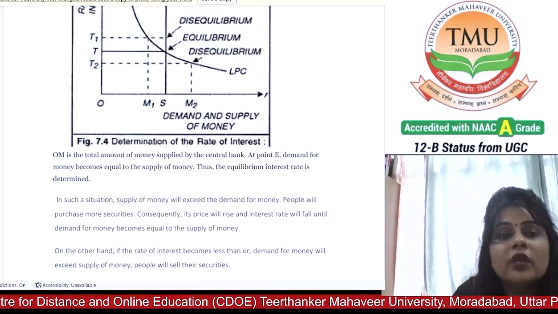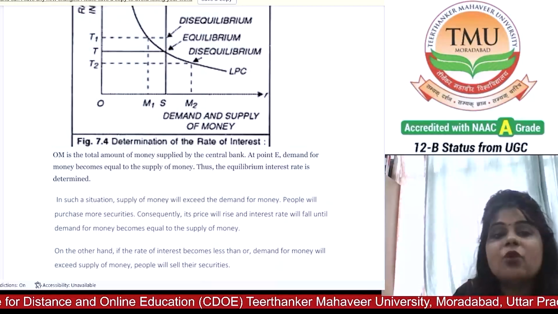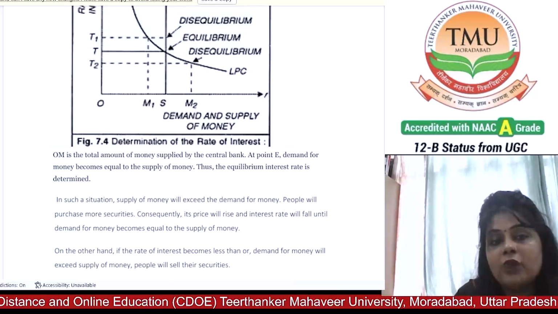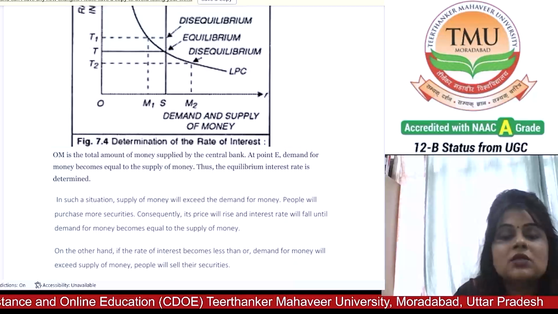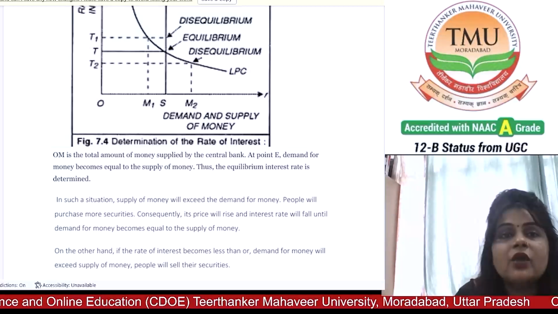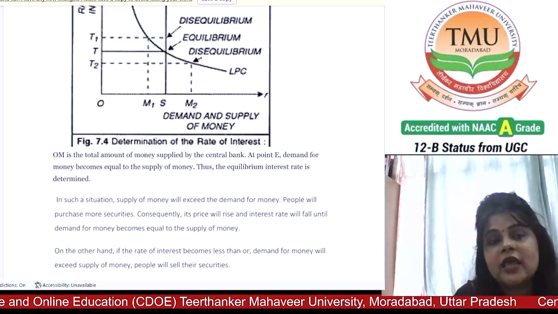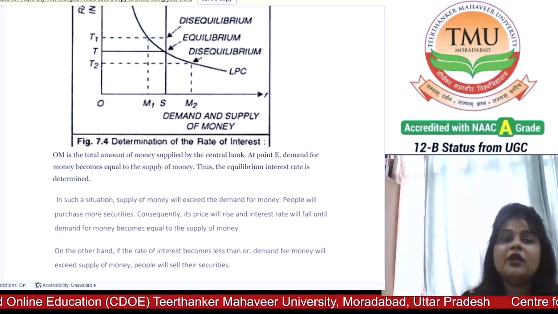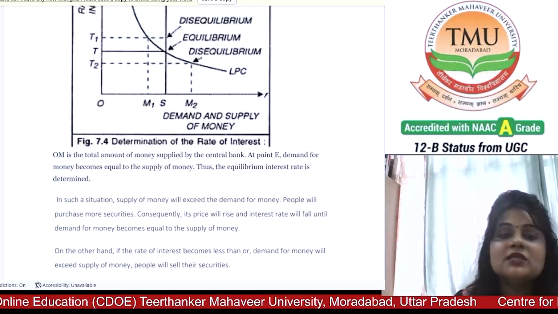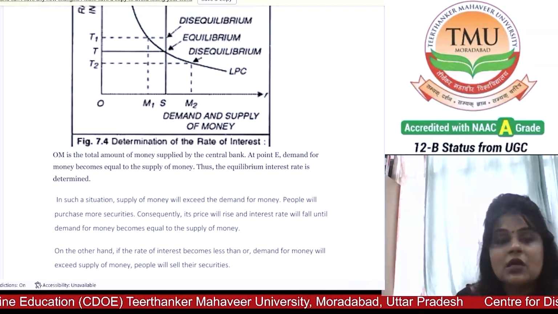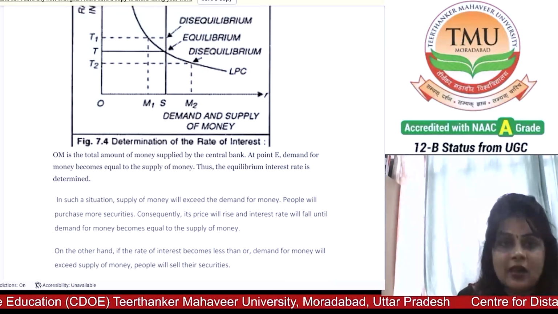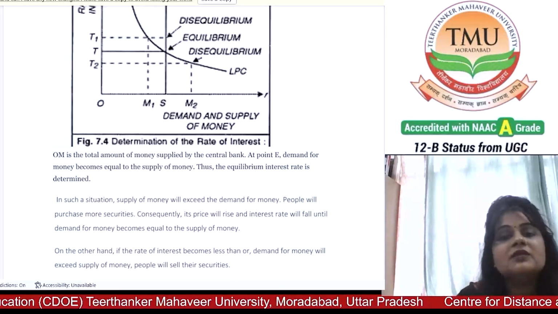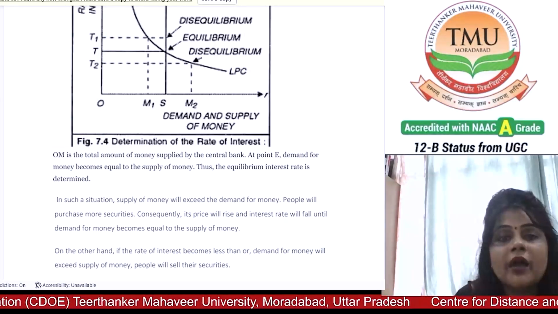Similarly, at OT2 level of interest rate, the demand for money OM2 is greater than the supply of money OS. As a result, the rate of interest OT2 will start rising and it reaches the equilibrium point T. So it may be noted that if the supply of money is increased by the monetary authorities, but the liquidity preference curve L remains the same,